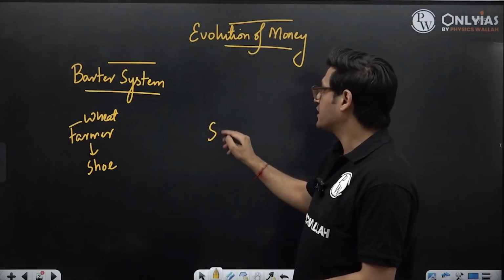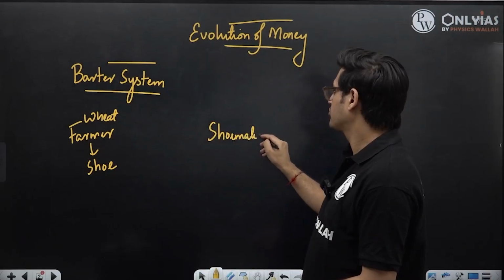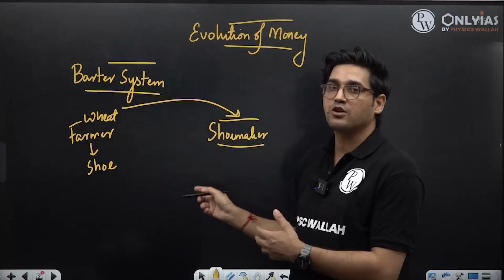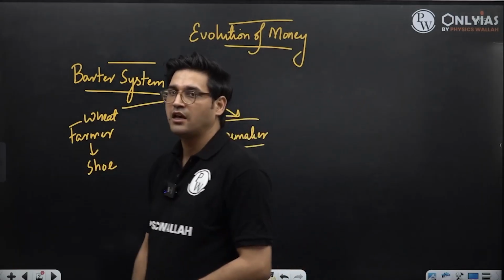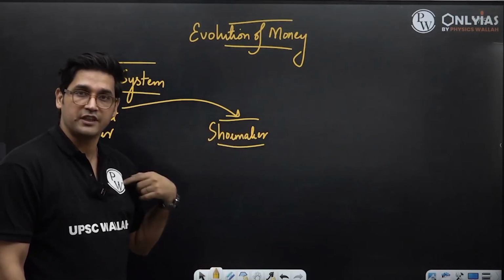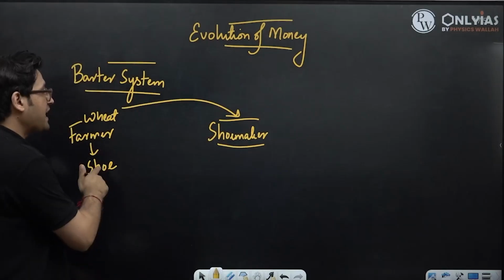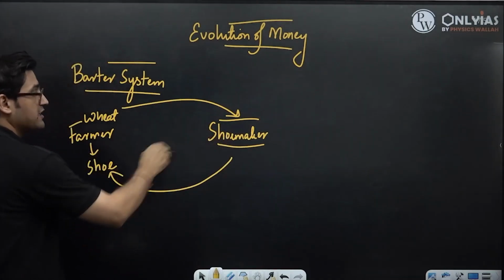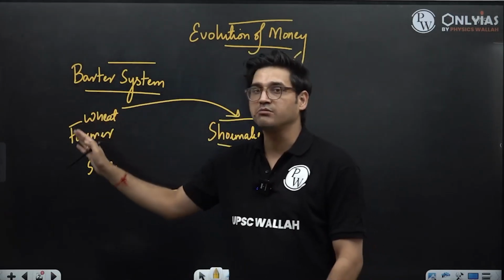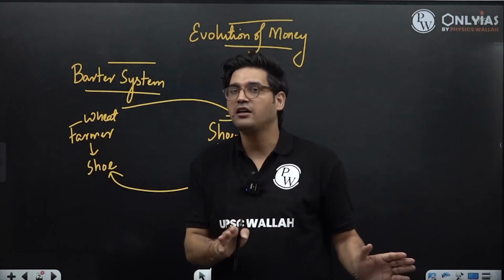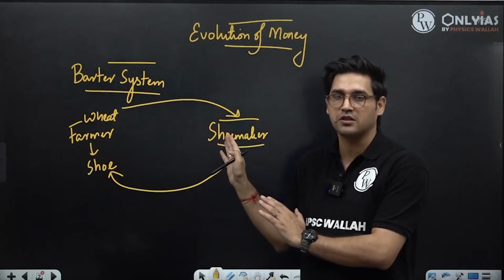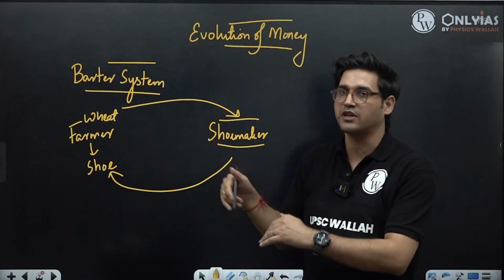There is a shoemaker in this economy. I as a farmer go to this shoemaker and I ask of him, do you have a shoe in my size? And the person says yes. Now the person is going to give me the shoe fit to my size only when I give to this shoemaker something that the shoemaker thinks is valuable for him. Under barter system, there is no concept of money. Under barter system, goods are exchanged for other goods, or services are exchanged for other goods, or services are exchanged for other services.